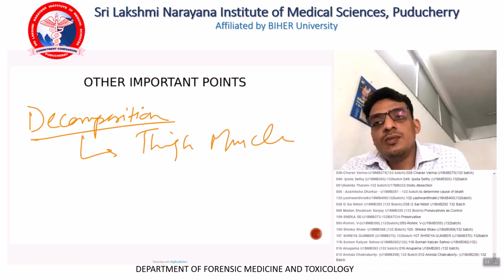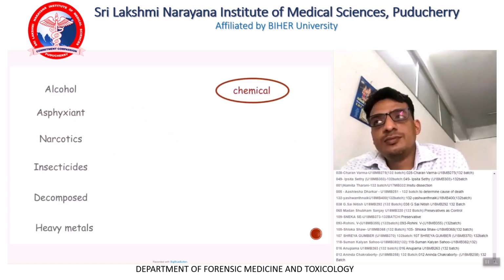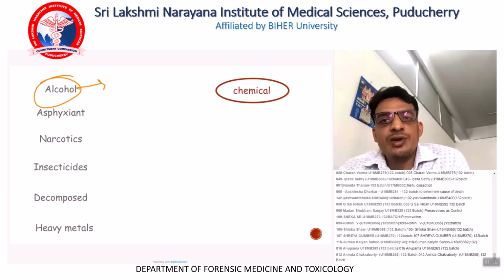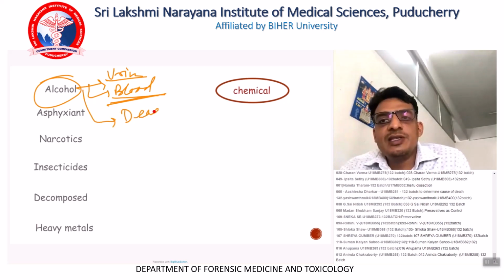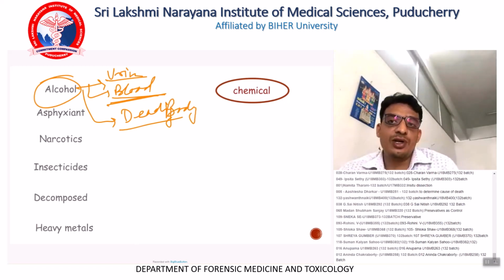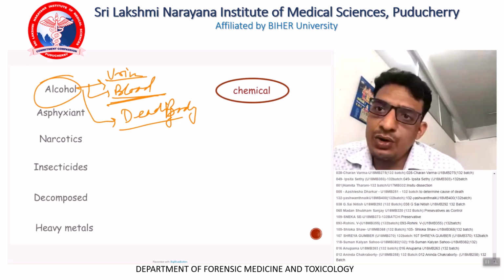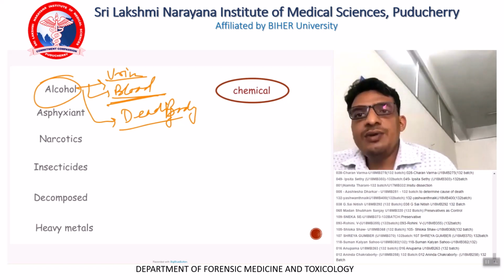Okay, we have talked about alcohol preservation. While doing the alcohol examination, you will be asked to do this in casualty also. You preserve urine, you preserve blood, both samples, so that we can make a correlation. This I'll tell you in alcohol examination, why both urine and blood should be taken. Then while the dead body is being examined, there is a chance that the alcohol in the body would have got consumed or deteriorated. Even the microorganisms could have consumed it, could have distorted it. So what we will do is go with preservation of vitreous for alcohol examination.